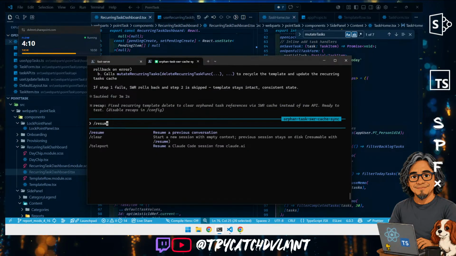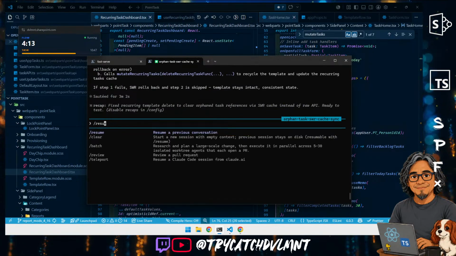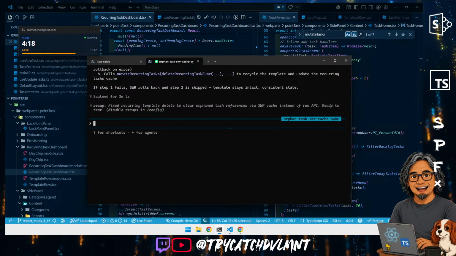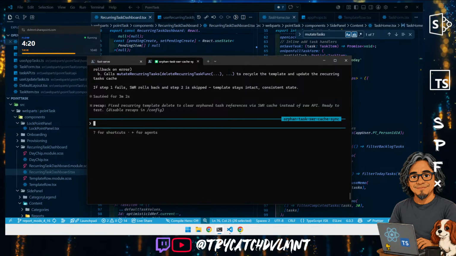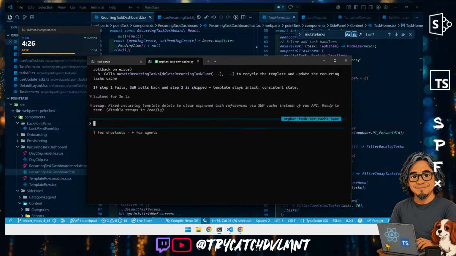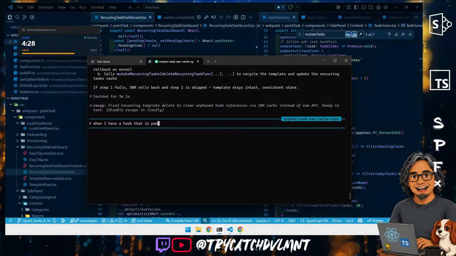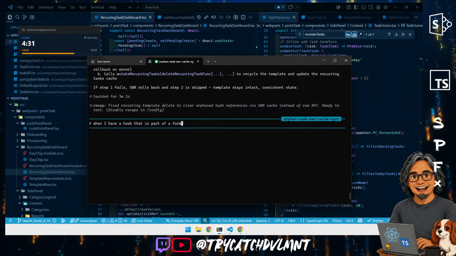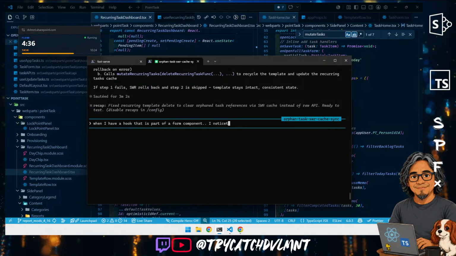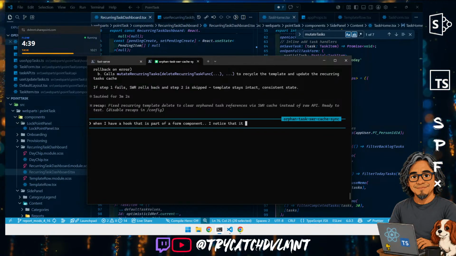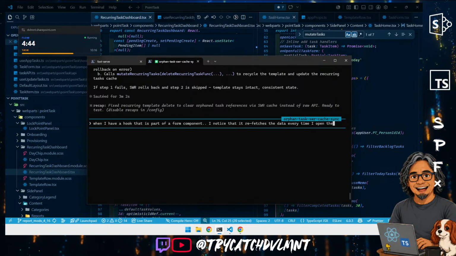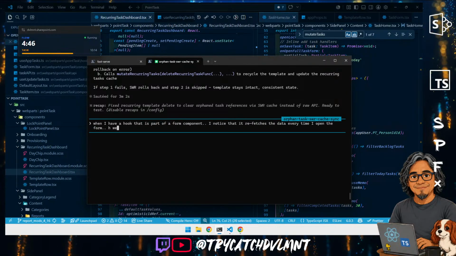Wait. Did I just delete everything? Let me see. When I have a hook that is part of a form component, I notice that it refetches the data every time I open the form. However,